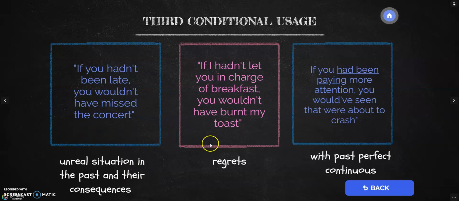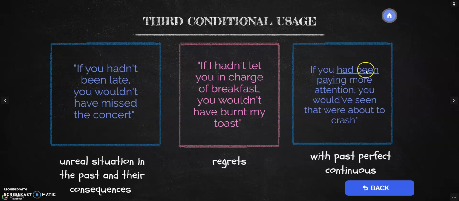Okay? Now, I can also use the third conditional to express regrets. For example, arrepentimiento. For example, if I hadn't let you in charge of breakfast, you wouldn't have burned my toast. Si no te hubiera dejado a cargo del desayuno, no me habrías quemado la tostada. Okay? So that's a regret, un arrepentimiento. Okay? All right, and also in this case, instead of using the past perfect, I'm using the past perfect continuous,